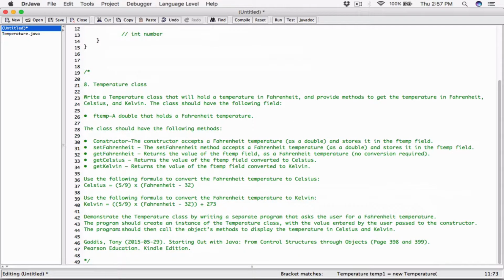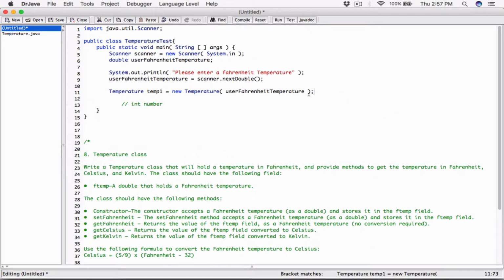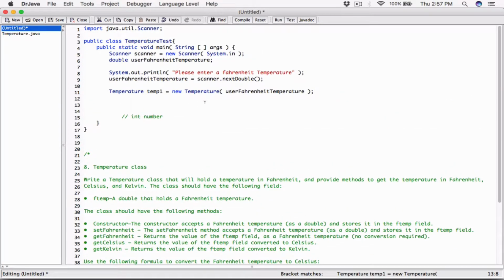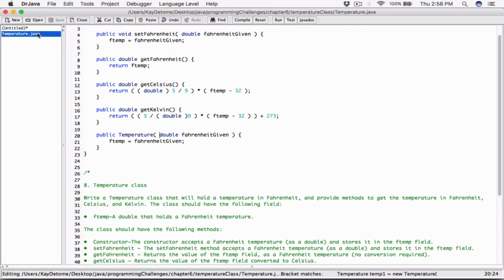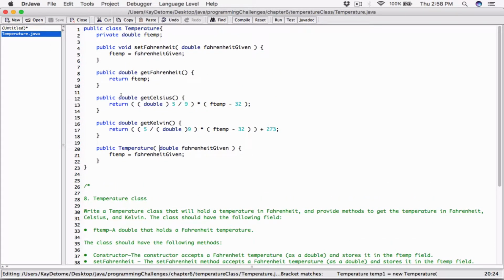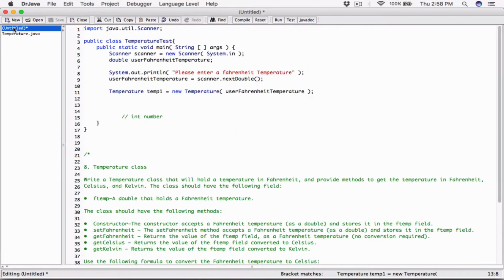And then after that, it said the program should call the object method to display the temperature in Celsius and Kelvin, right? So now all we have to do is basically display the temperature in Celsius and Kelvin. So let's see. All right, and we know that we have methods for that. We know we have the getFahrenheit method, and we know we have the getCelsius method. We know that. So let's go ahead and use a